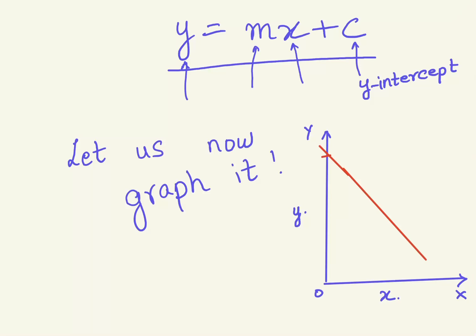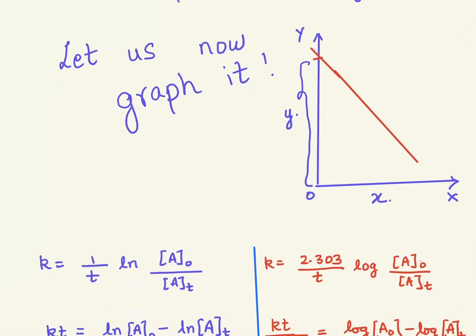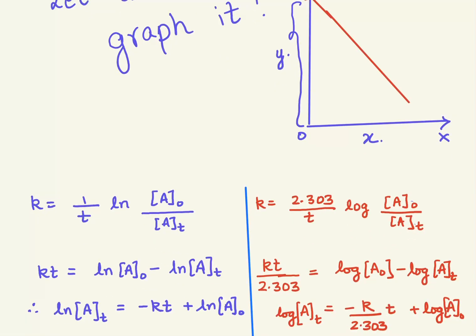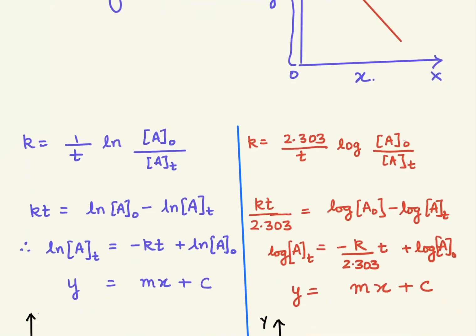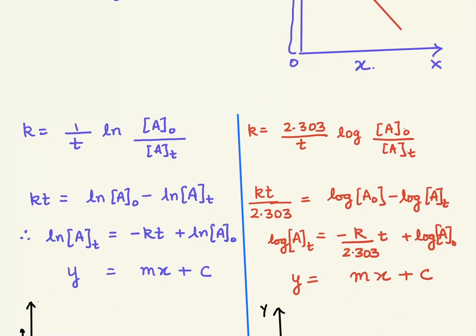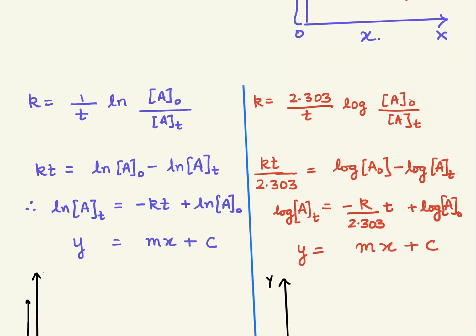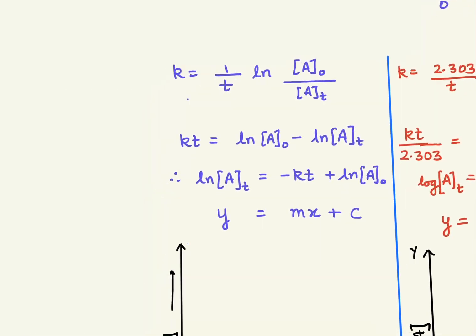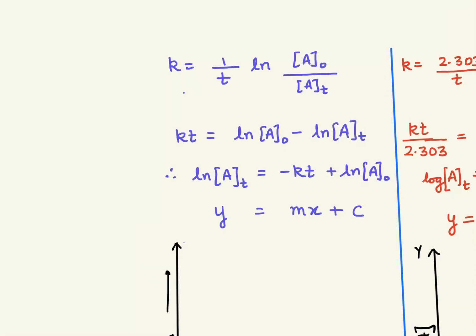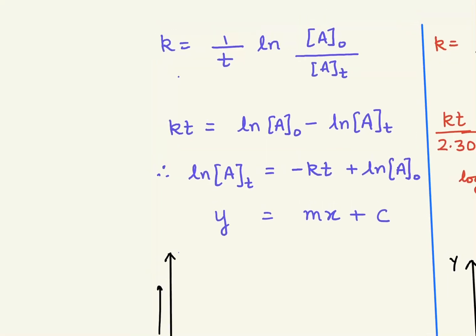So this is my y-intercept. Why am I telling you all this? Because now your understanding of the graph will become very easy. You will not get confused at all. I'm telling you, while recording this or while planning this lesson, so many of my own concepts were cleared. Thanks to all of you for asking for this topic. So I have taken this graphical representation under two aspects. What I'm going to do is hide the log form and just take it with respect to the natural log form.